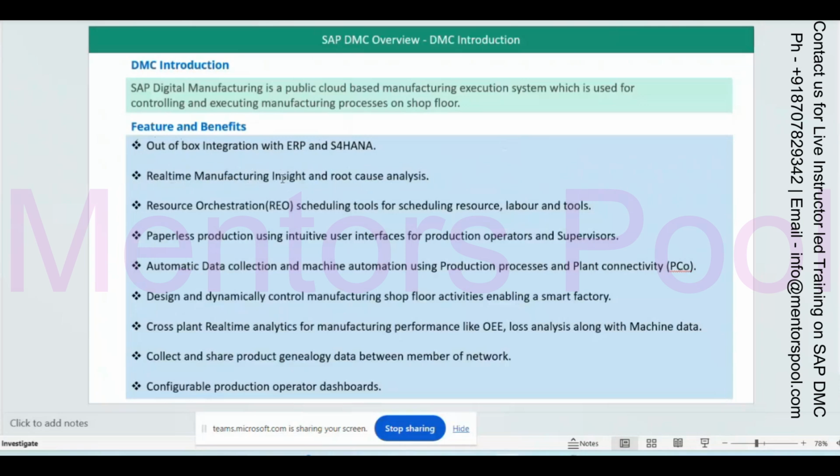Yes. There is real-time manufacturing insight and root cause analysis. The meaning is that you can see real-time reports there. There are multiple reports available. So you are doing your manufacturing process, your operator is working, and you can anytime check how many SFCs, nothing but a product, have been manufactured, or what the status of the different products is in real time. And if there is a delay or something, you can also find the root cause of where it is delaying. All those reports are also available in DMC, and they will all be real-time reports.